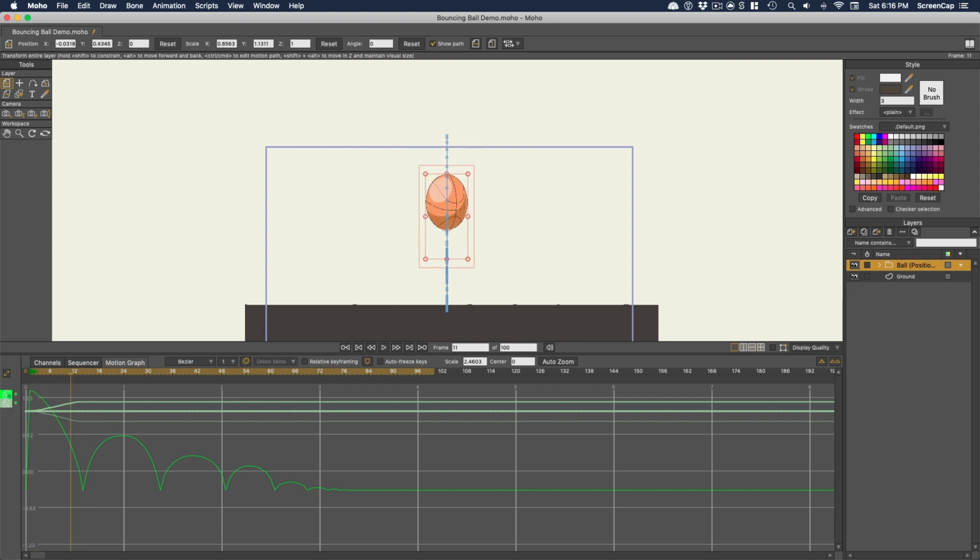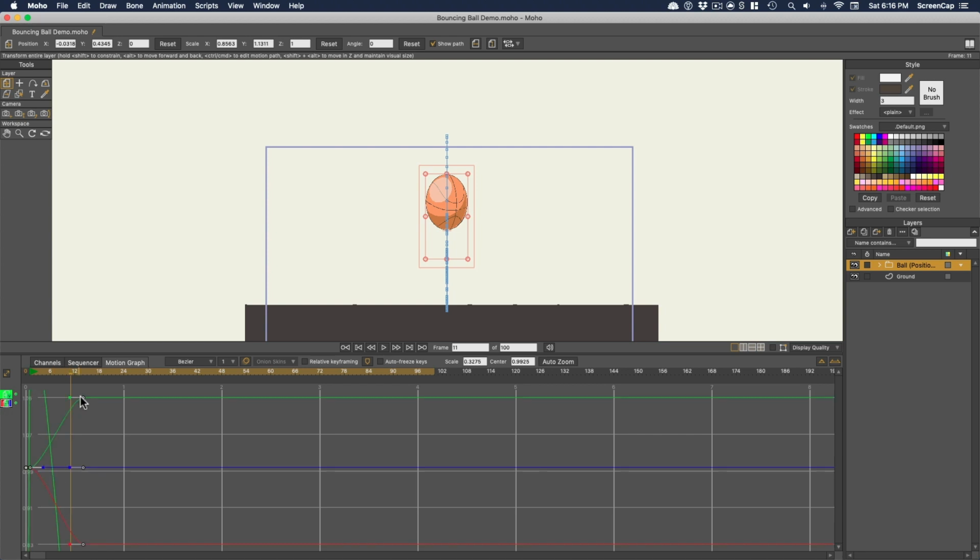So the scale is actually 3 separate properties too, but we don't need to fully separate the channels. I'll just double click the channel icon to get the 3 graphs at once. Now I just want to make this curve like our other ones, getting fastest right before the ball makes contact. And actually, we don't really want the stretch to start until the ball starts picking up some speed from its